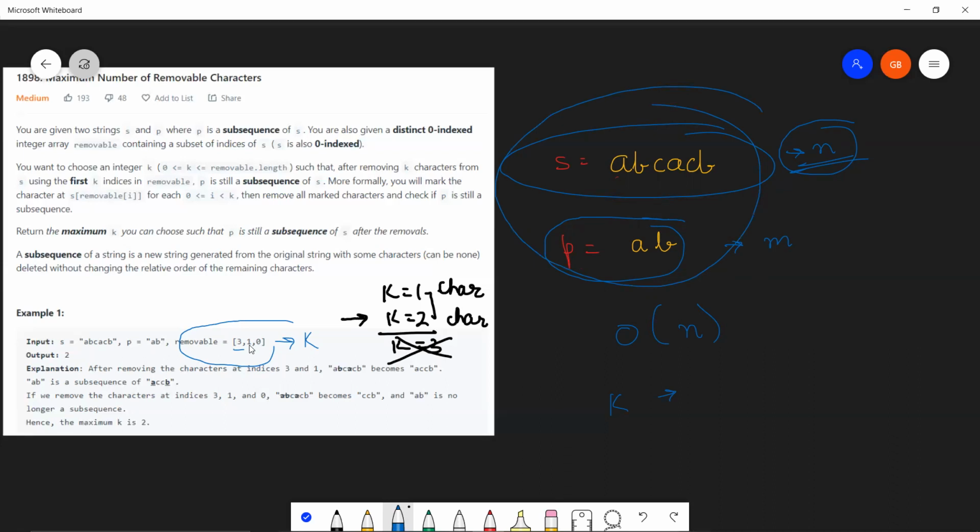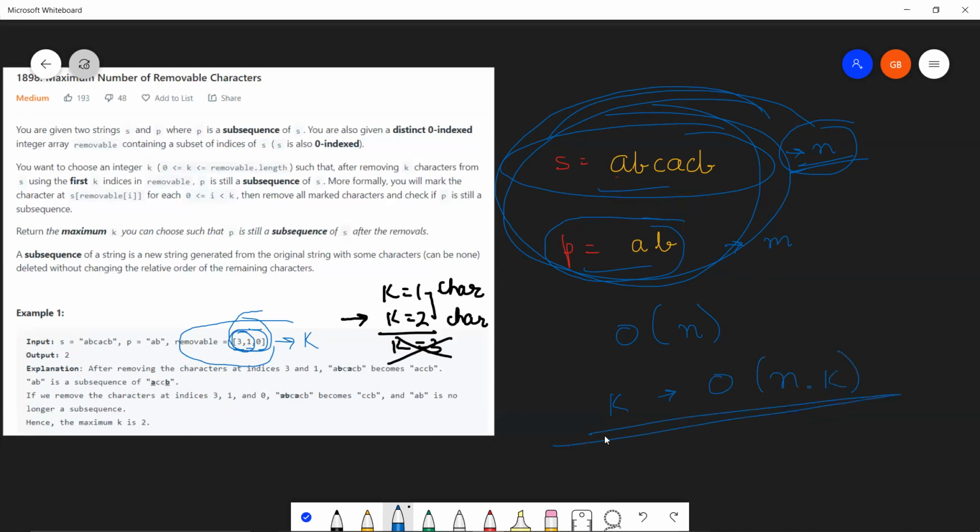Then go ahead and remove k equal to 2, which means first two. Find if they are subsequence. Then go ahead and remove k equal to 3, all three. Find if they are subsequence. This way, you are looping over this removable array, and you are looping over S and P to find whether they are subsequence or not. So I think the brute force complexity that you will achieve is O of n times k.